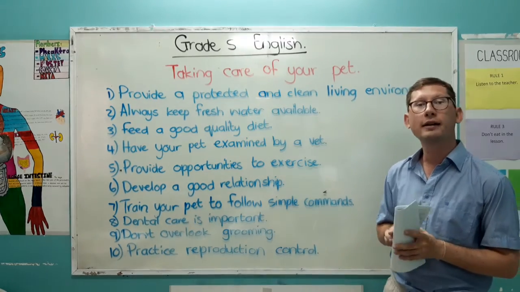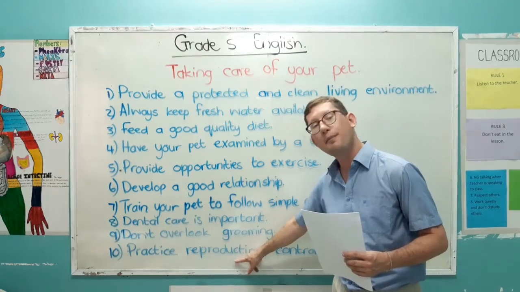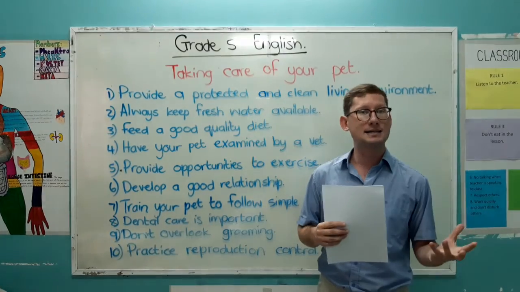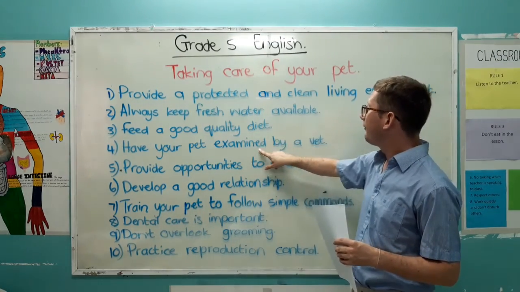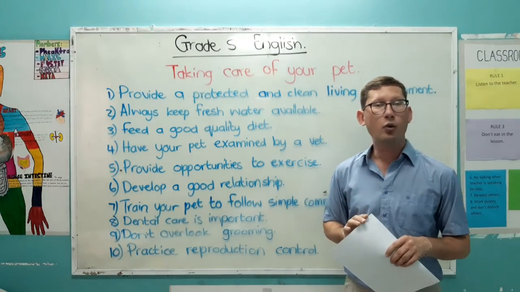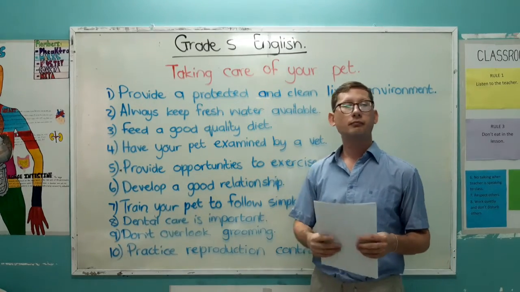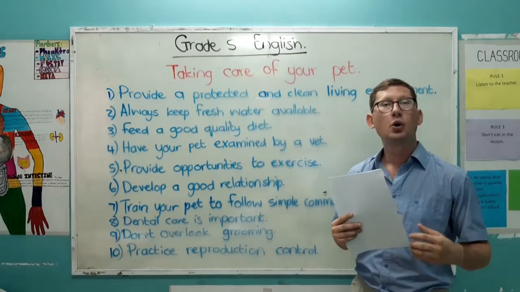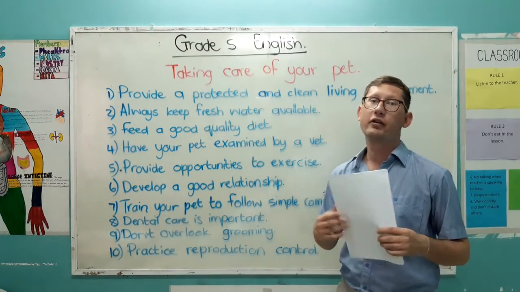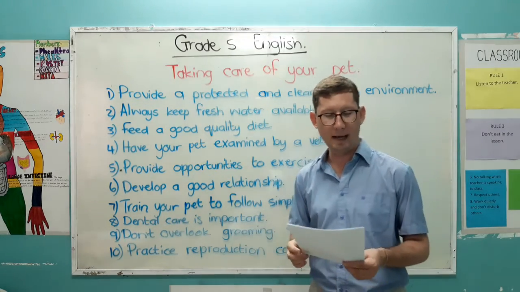And if you want to control its reproduction. Reproduction means when they breed, making babies, okay? Or even go sterilize the animal by taking it to the vet so it cannot reproduce. But if you want to breed, please go check with the vet and let it reproduce with its own kind, okay? Don't mix two breeds with each other. Then you're getting a basement special like the street dogs or the stray dogs. Okay. So